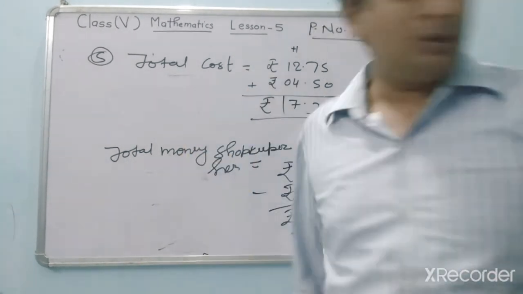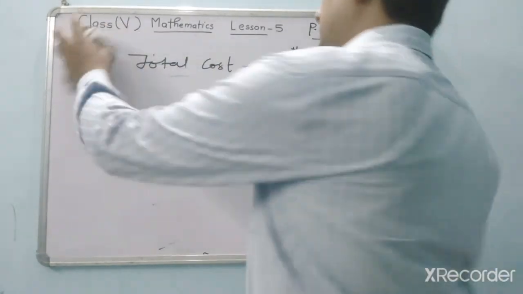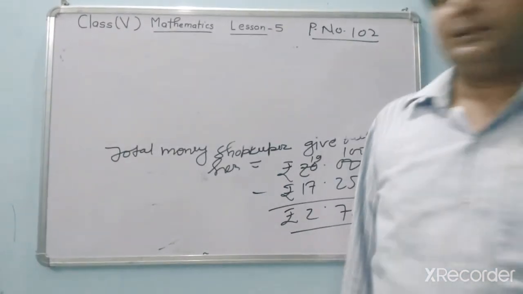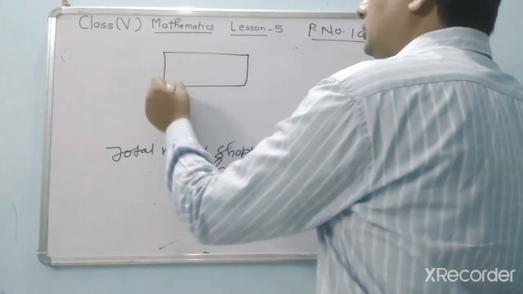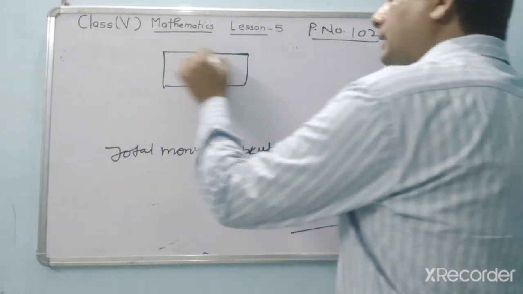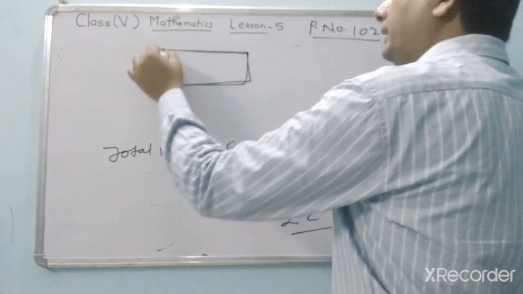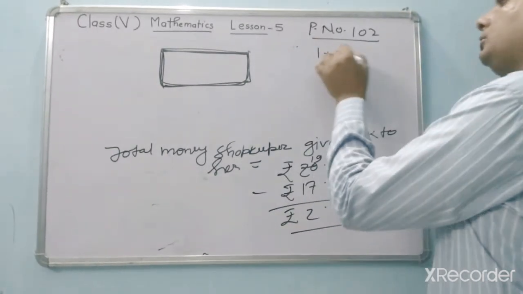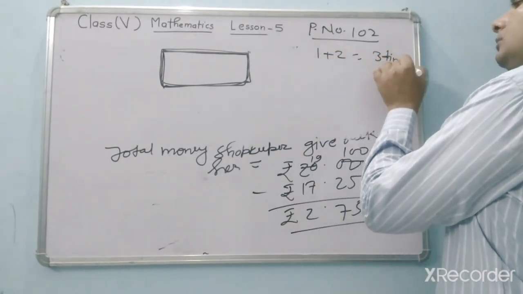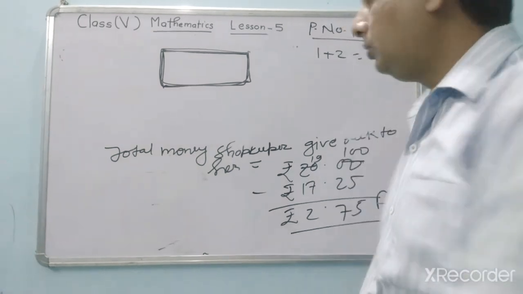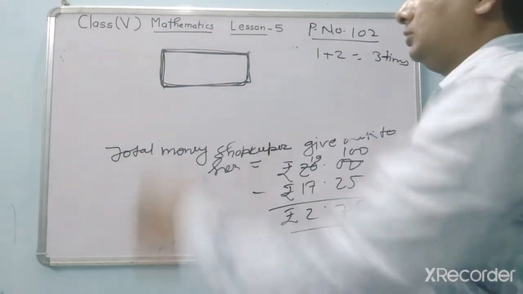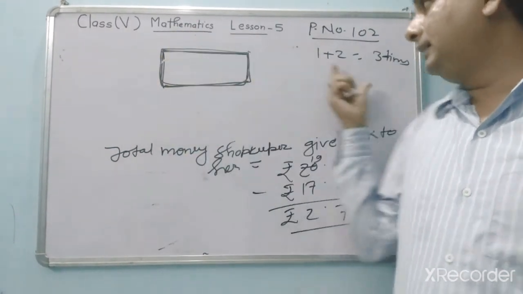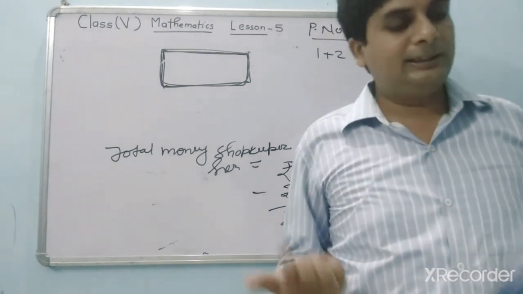So you should first understand the figure, then it will be much easier for you. What is the shape of the field? Rectangular. It's like this. So there he is walking around. Suppose this is the first time, then two more times. So 1 plus 2, how many times? 3 times. Okay, clear? So first you should find the total length of this field, and then you multiply by 3, you will get how much distance he will travel.